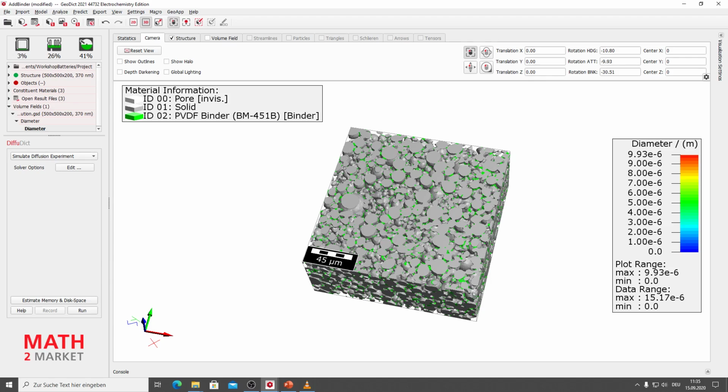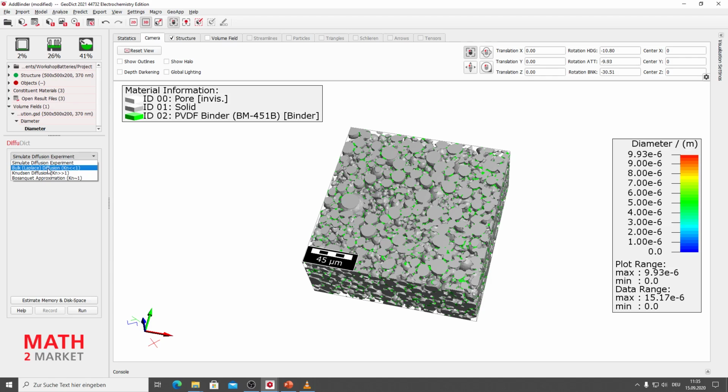Then choose here the bulk diffusion. These different regimes are for different types of diffusion inside of your material. It depends on the free path lengths that the particles have inside of your material.